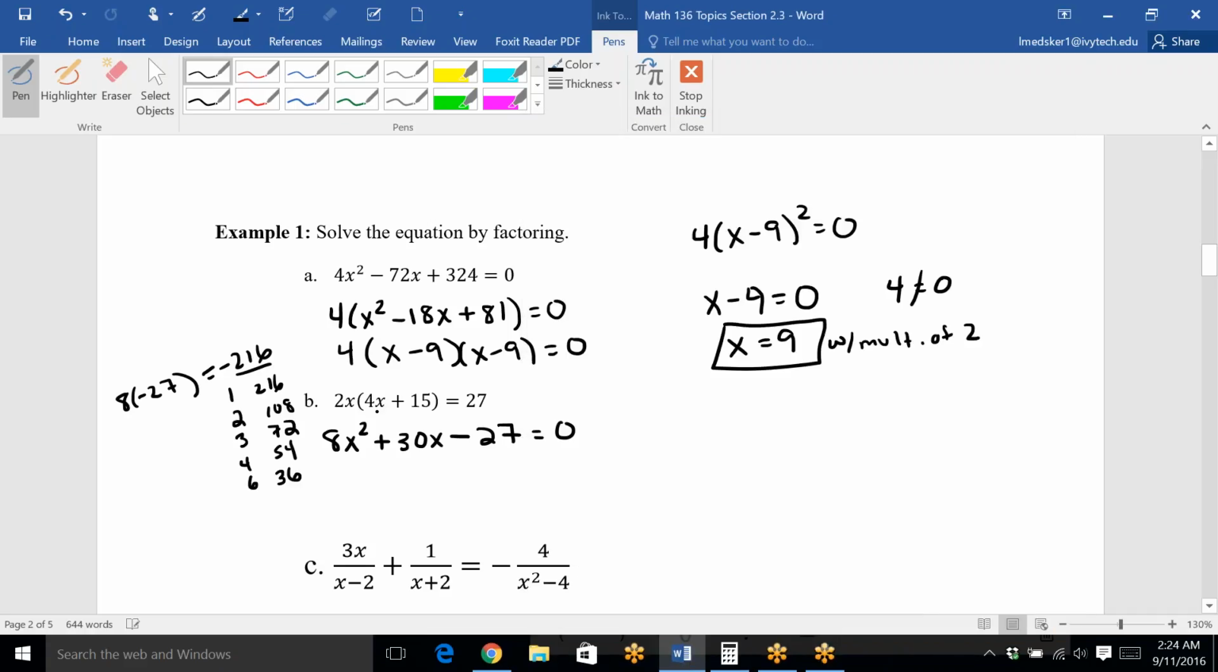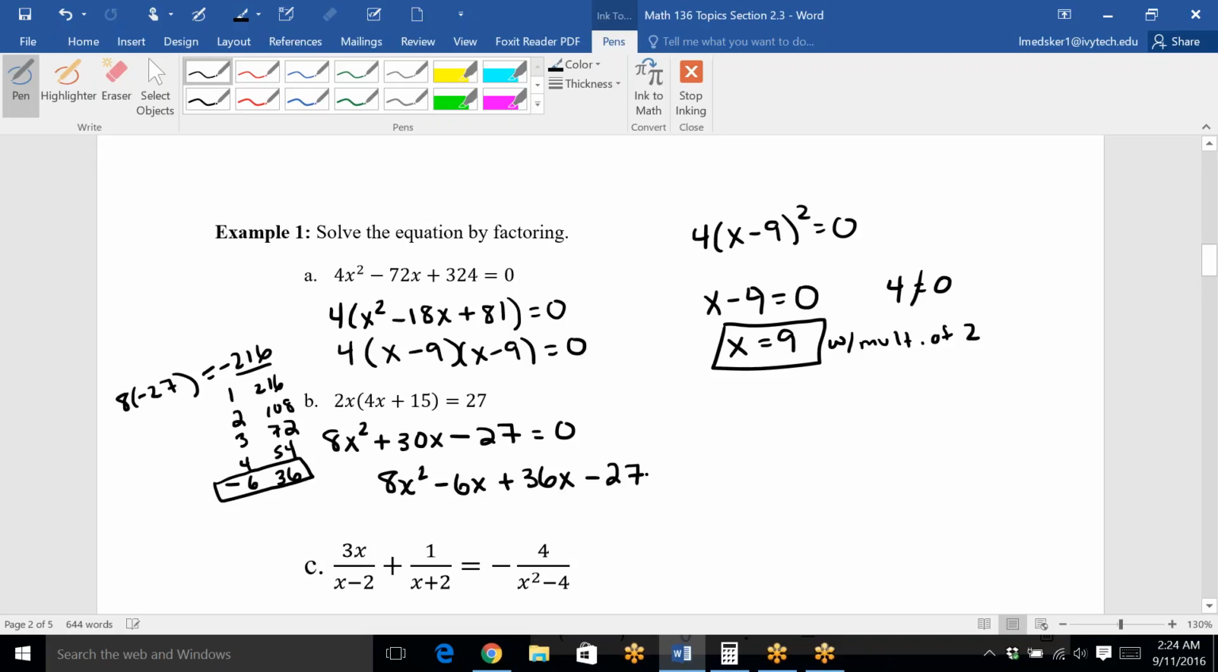And I'm actually going to stop here because I know there's more factors, but this is negative 216 and we need it to add to 30. So if we have a negative 6 and a positive 36, that will multiply to this but add to the middle. Once you find your pair, remember you have to change this to a 4-term problem so that you can